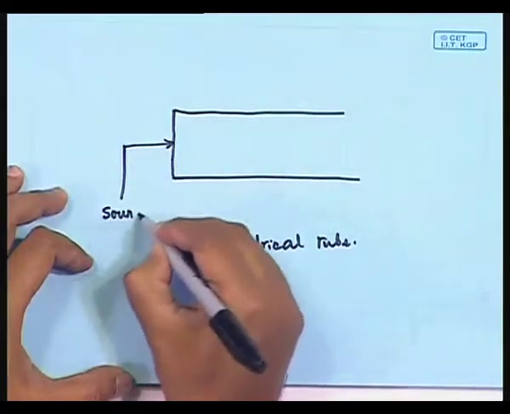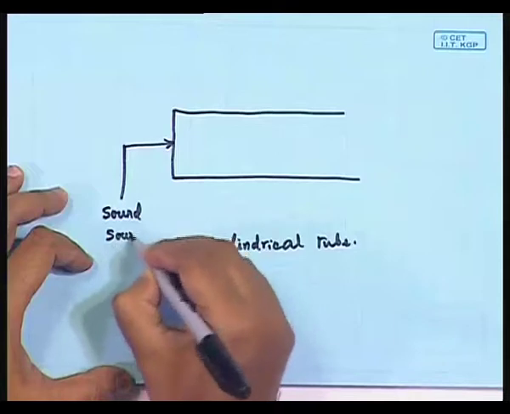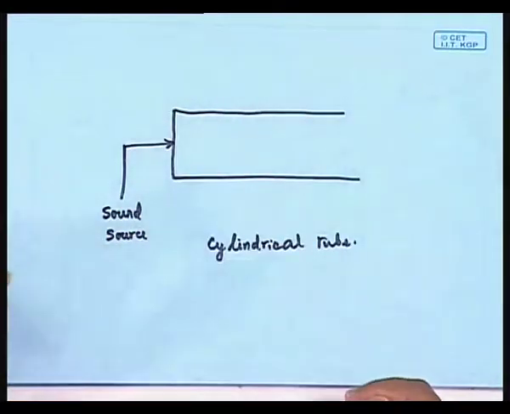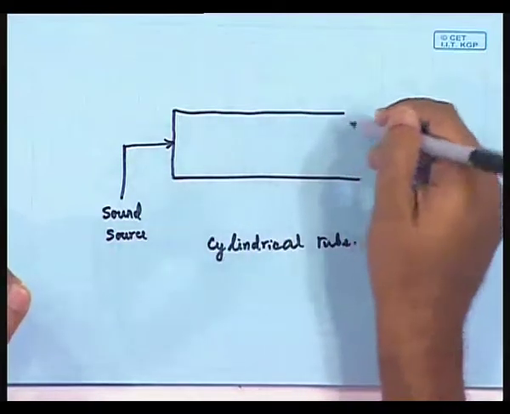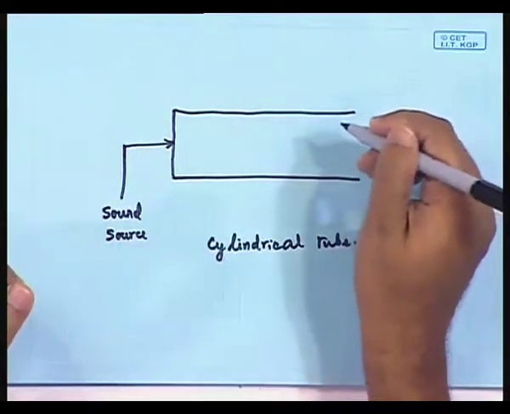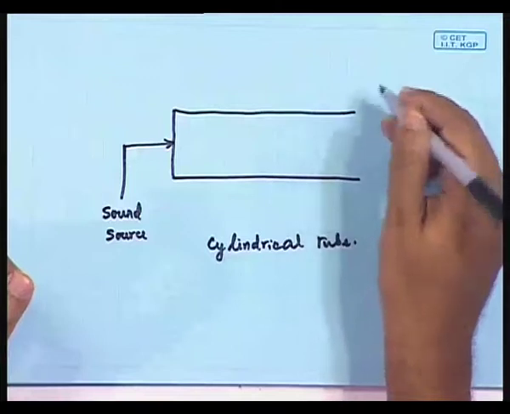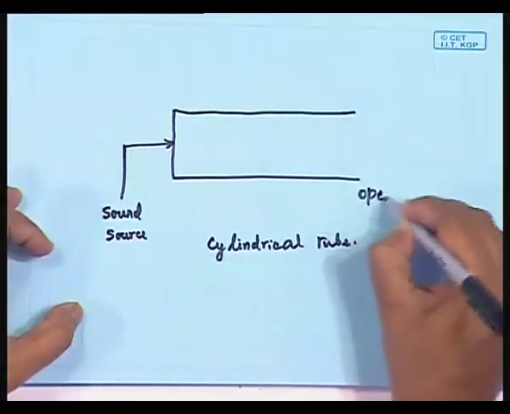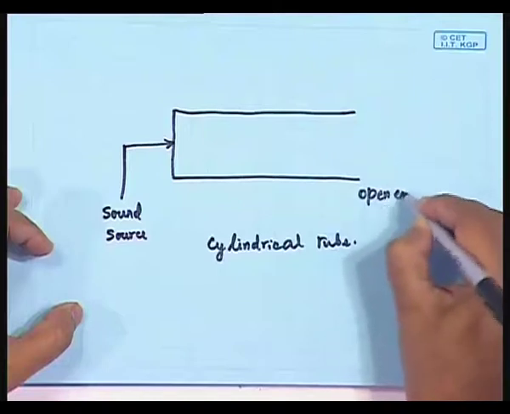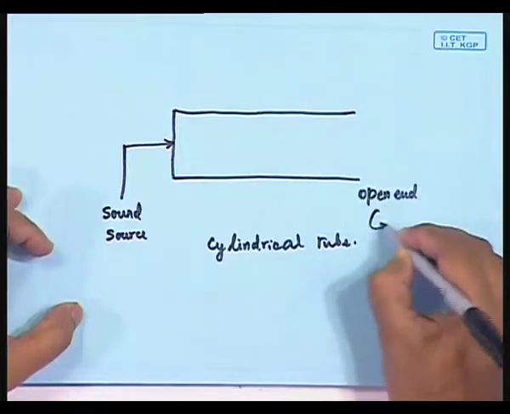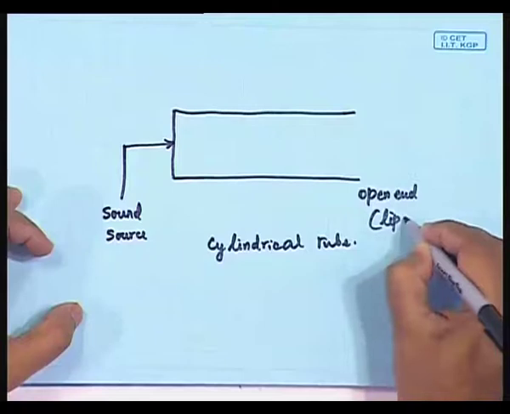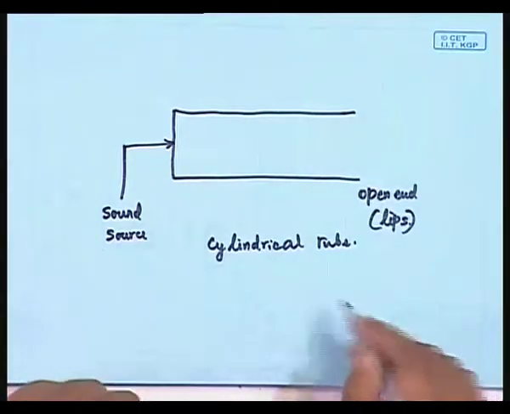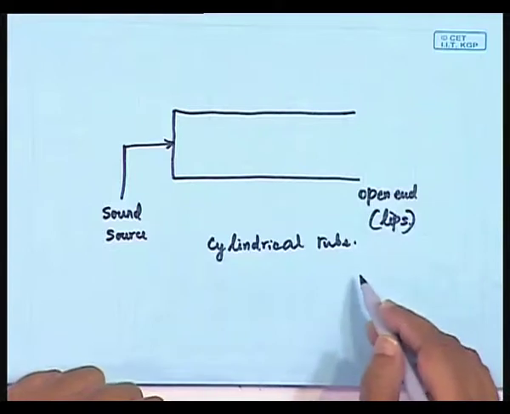The excitation is produced on this wall, and this end is open, so you can assume that we are having an open end, that is, at the lip end we have the opening, and this being a cylindrical tube,